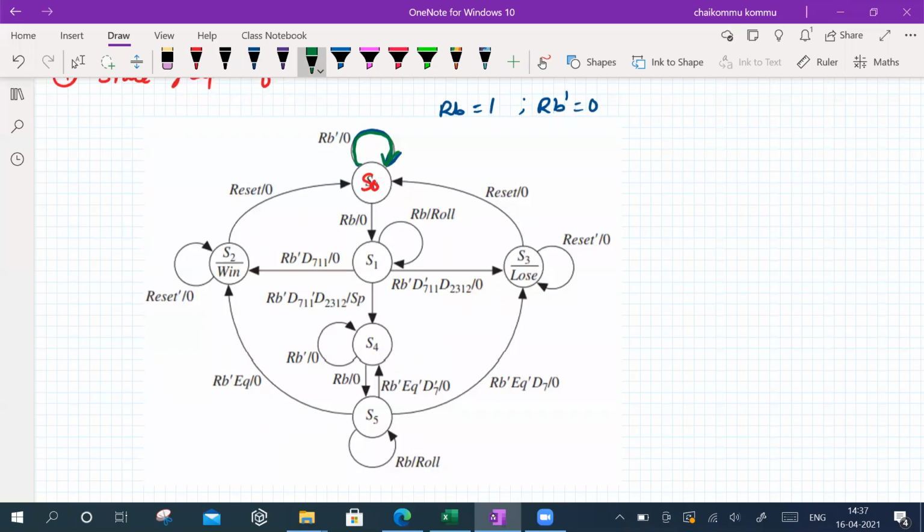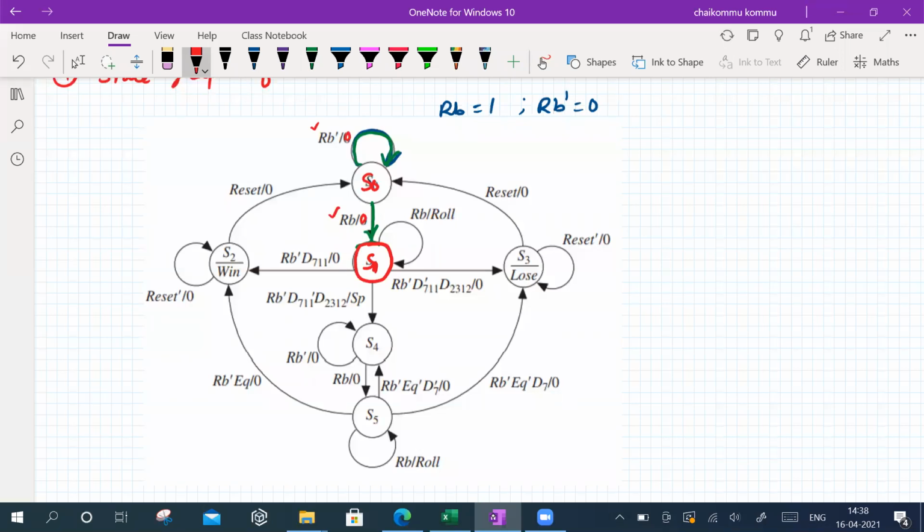Fine. For example, the roll button is there. Then where do you have to go? If the roll button is there, then we have to go to the next state called S1. For example, the state is changed. That's all. So roll button moves to another state. That means the content of the flip-flops will change. Now, if RB is equal to 0, RB is equal to 1. Here RB is equal to 0. We don't print any kind of outputs at this point. The output is equal to 0. No need to do anything here. Just the state is changed.